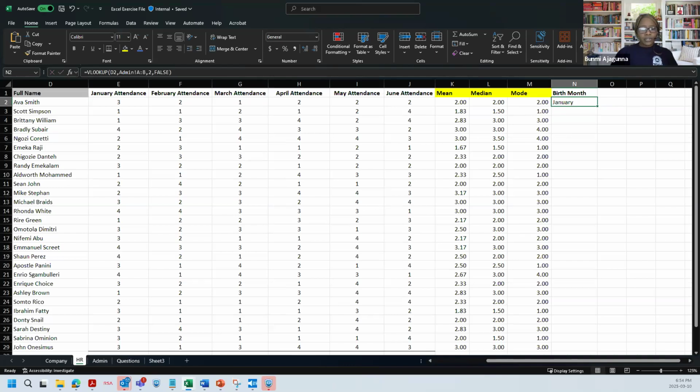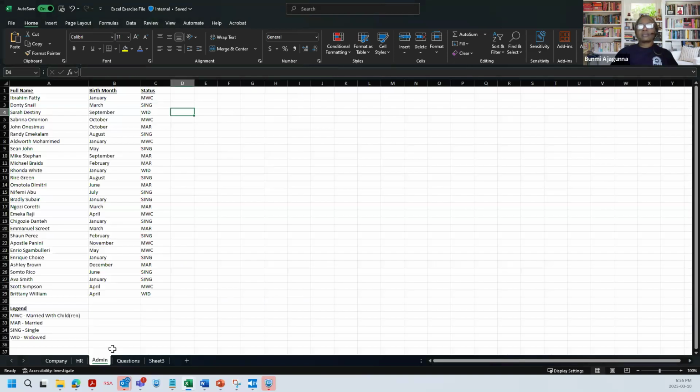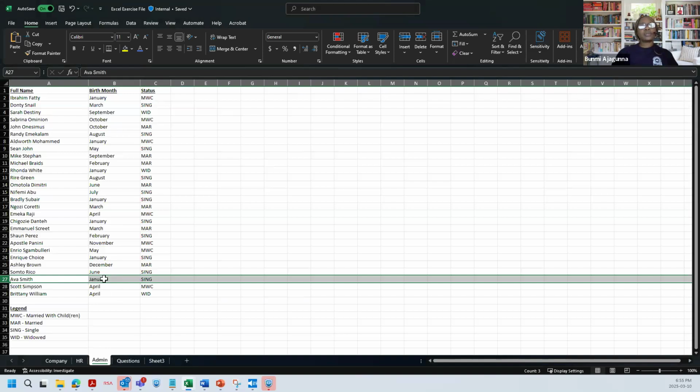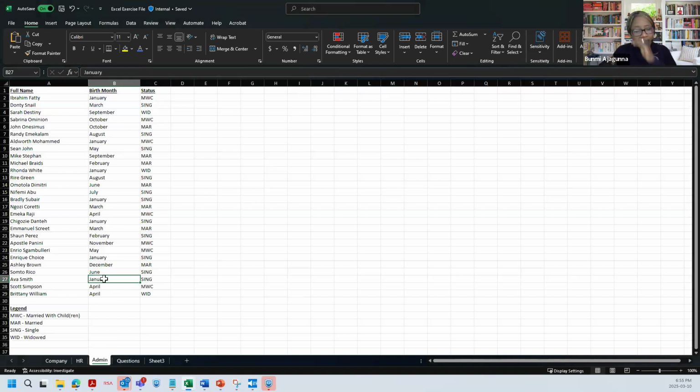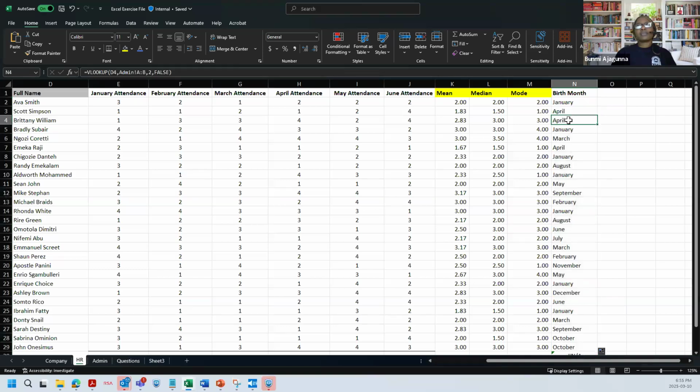So what are we going to do? We're going to go in to make sure we can see, and I'm just going to copy that formula into the chat room. This is what you should have. All right. So I'm going to see whether Eva Smith was actually born in January. So let's go back to our admin tab and look for Eva Smith. I think I remember seeing her here. Look at Eva. She was born in January. So rather than look for Eva one after the other and then pick that she was born in January and all of that, no, all you just need to do is to have your formula, and then you have Eva Smith here. And just as we have taught, you just double click here and everything populates here.